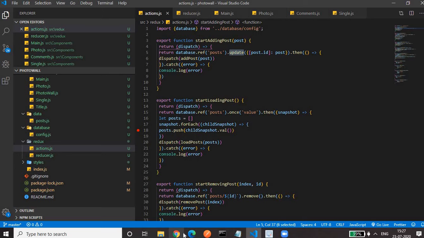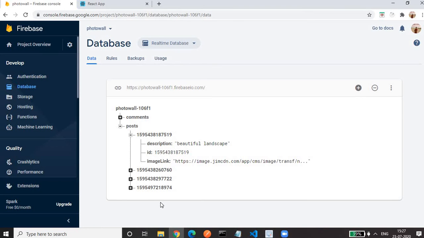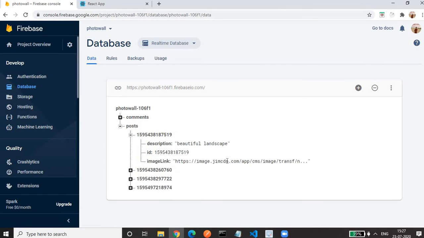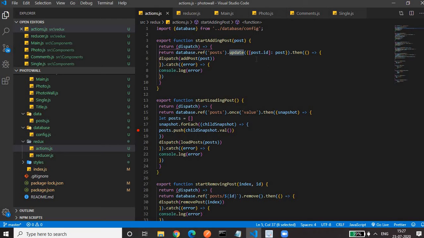We have to add a new node in which each node is an object having the property as ID and the value as information related to the post. So we have to provide an object in which the property is post.id and the value is the post object, the object having description, link, all those kinds of things.